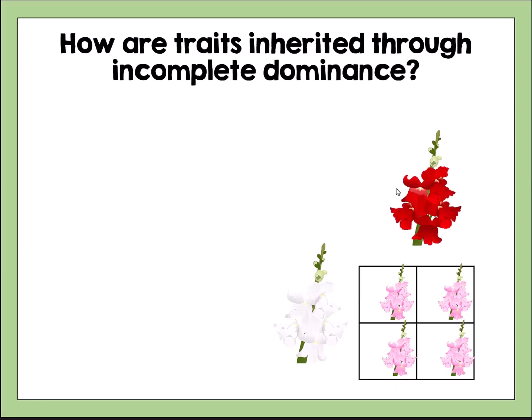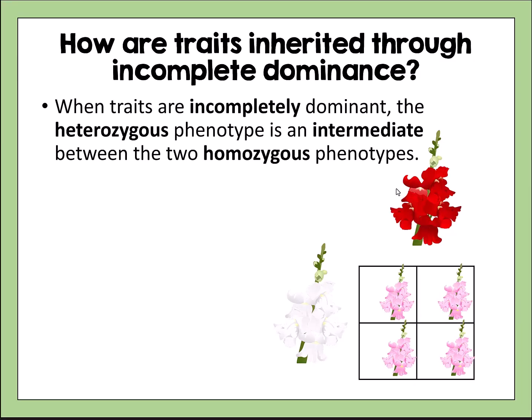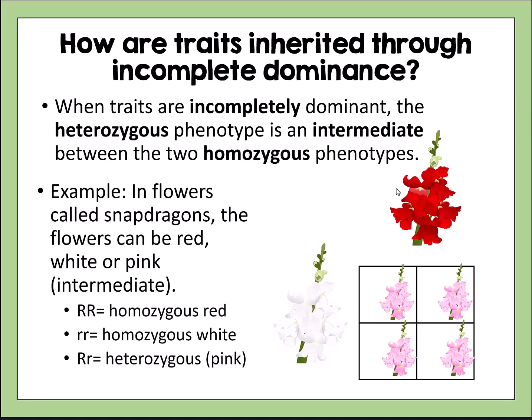So how are traits inherited through incomplete dominance? When traits are incompletely dominant, the heterozygous phenotype is an intermediate between the two homozygous phenotypes. So here's an example. In flowers called snapdragons, the flowers can be red, white, or pink, which is of course an intermediate color. The homozygous dominant phenotype is going to be red. The homozygous recessive phenotype is white, and then the heterozygous